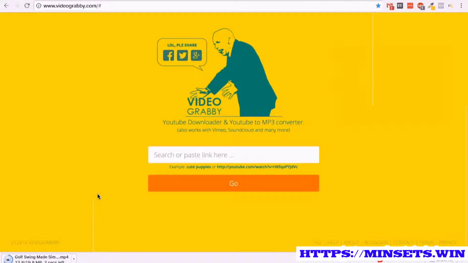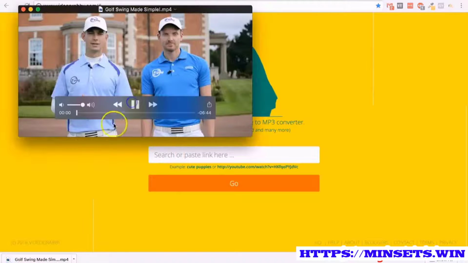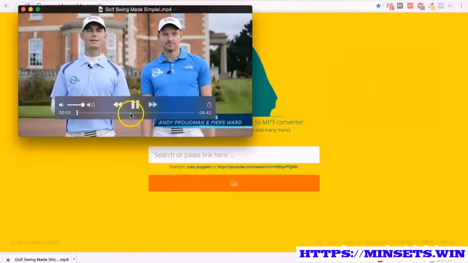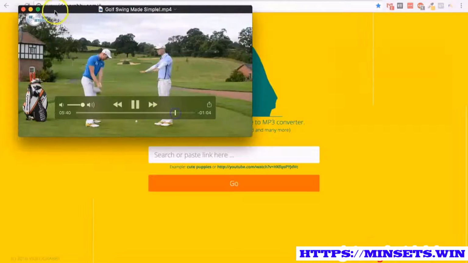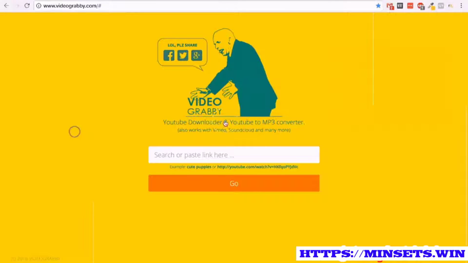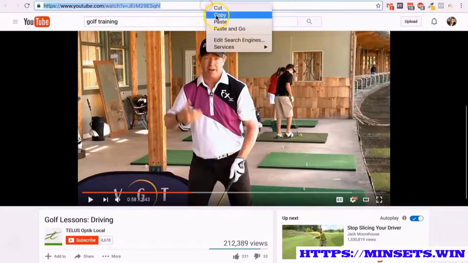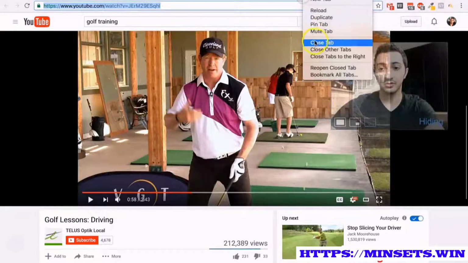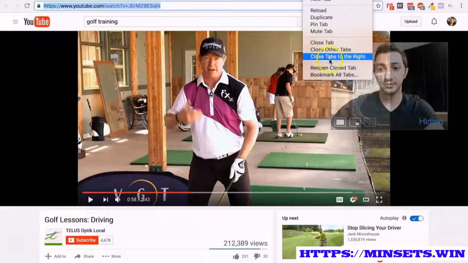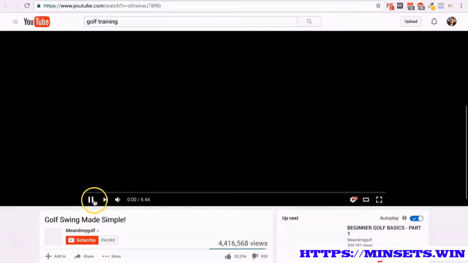Just waiting for it to finish. There you go. Today we're going to be helping you understand the golf swing. There you go. So that is the right file, and I'm going to do the same thing. Let's just close this. Same thing for this. Oh, actually, I'm not going to close that because I still need the description.